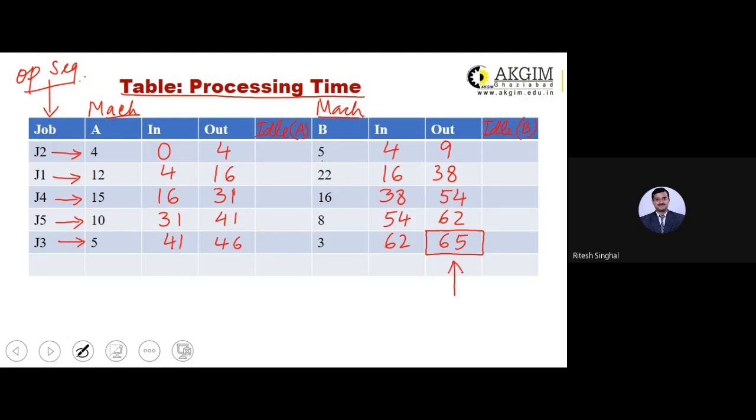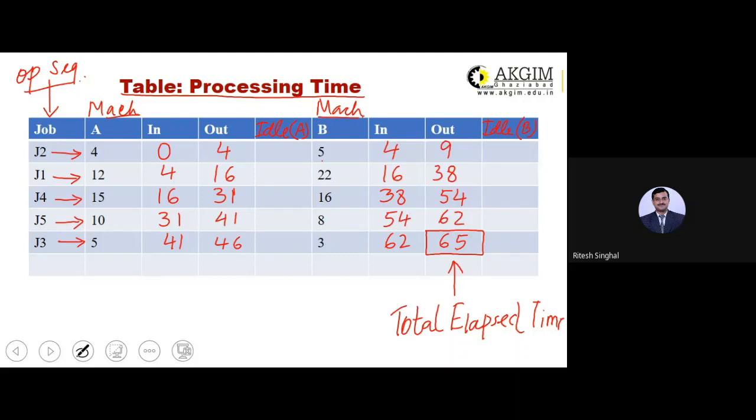This time is called total elapsed time. So 65 hours is the total elapsed time.